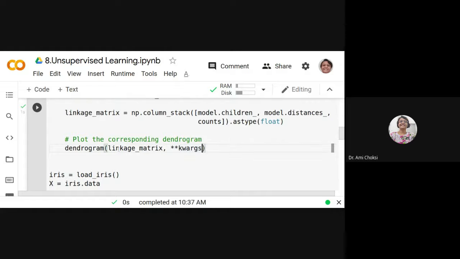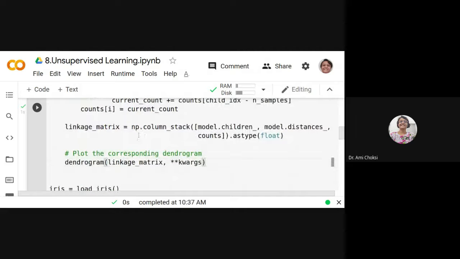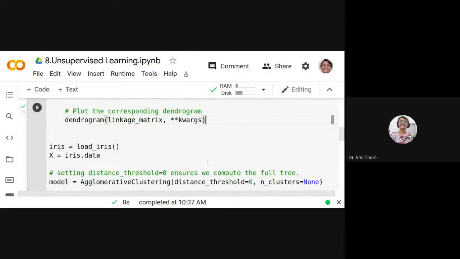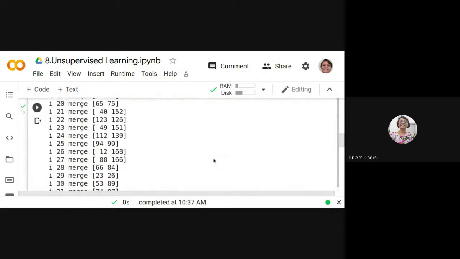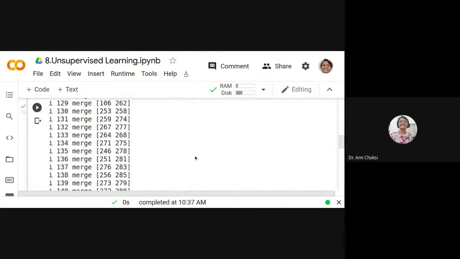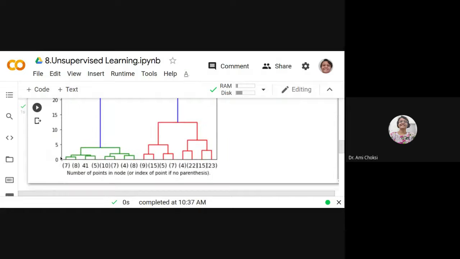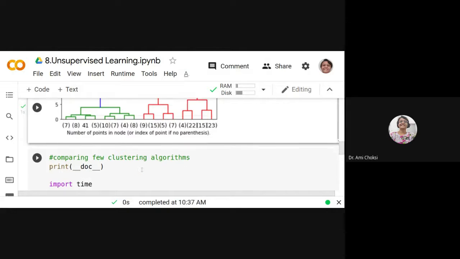For that, we are doing all these particular things, right? So we'll be able to pass the linkage matrix to the standard function, that is dendrogram, and with that, we'll have this dendrogram, right? You can calculate the example, then you can understand that very easily, okay? I'm not going to explain the whole example just now. Let us see the implementation, right?